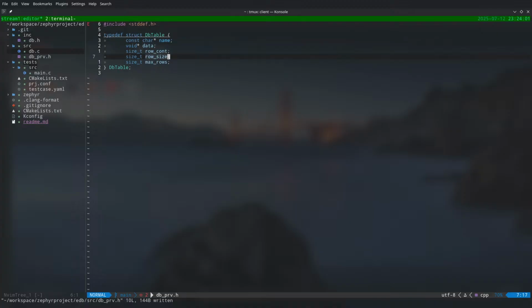Each row will have this type. Okay, so by type, I know the size of each row. So this row size will contain that information. This is my row type, row count, the current row count, and the maximum rows that I can have. So this creates my table. So now,